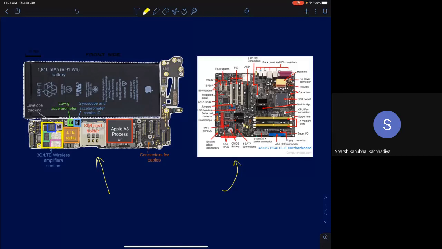What we teach you in this course is mainly about the circuits inside the chip. So this is the processor IC. If you are interested in digital design, next semester we'll offer a course called ADVD. I don't know if I'll be teaching it or not, but we will teach you the design of digital circuits which goes into a processor. And then there is another course called computer architecture.